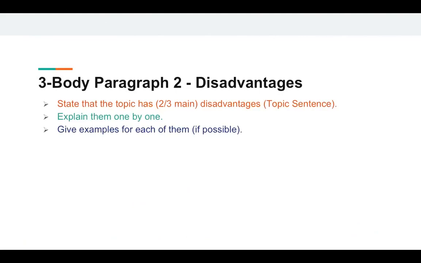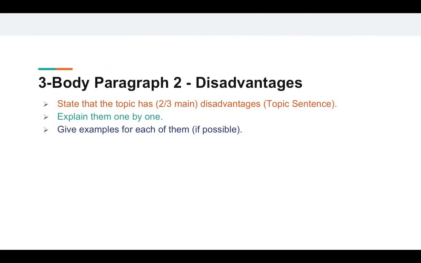Part 3, the second body paragraph. We write about the disadvantages in this paragraph. And in this paragraph, first we state that the topic has 2 or 3 main disadvantages. Again, this is the first sentence and it is the topic sentence. After this sentence, we explain each disadvantage one by one and we try to give examples for each of them